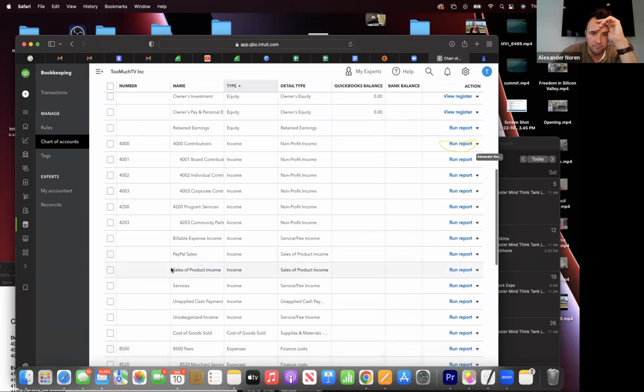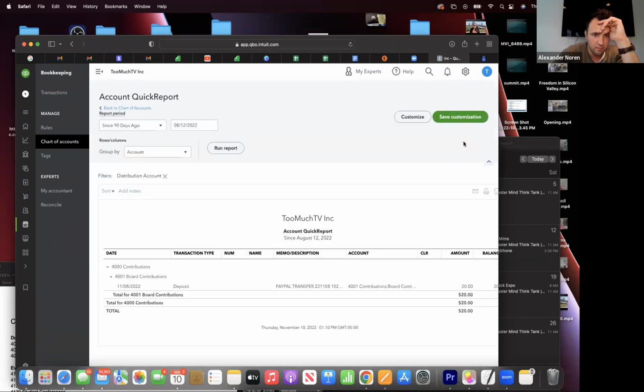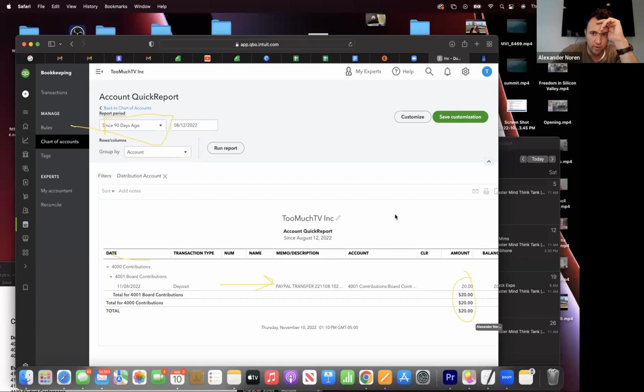Contribution. So run report. So this is just one account, but basically you can see this account has, in the last 90 days, received $20 worth of revenue. So on your financials,